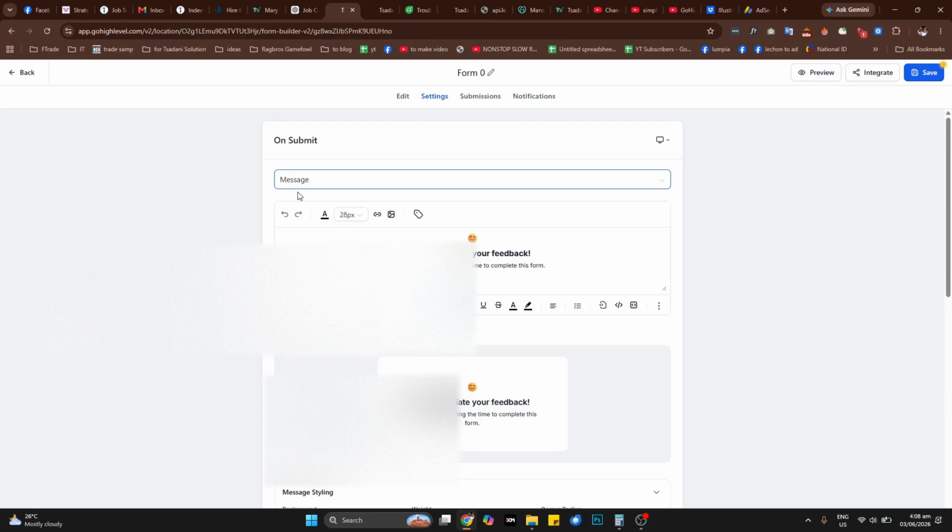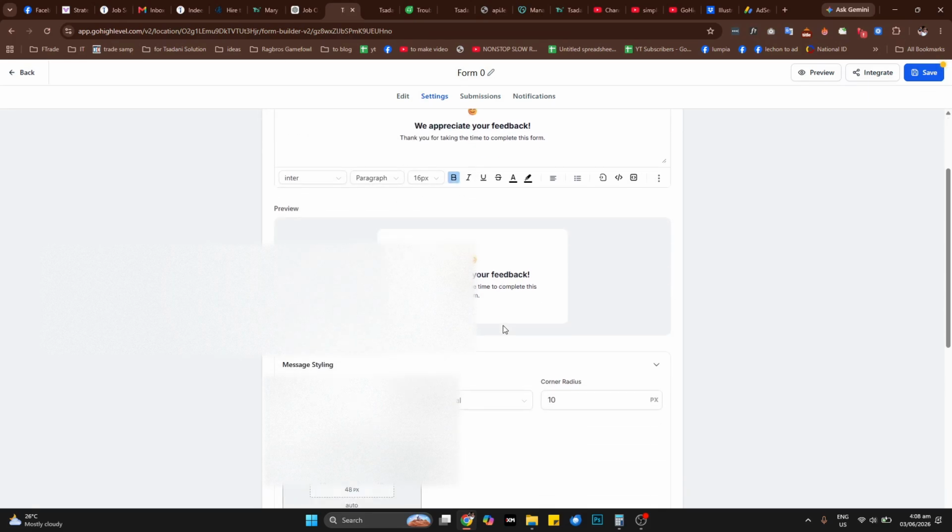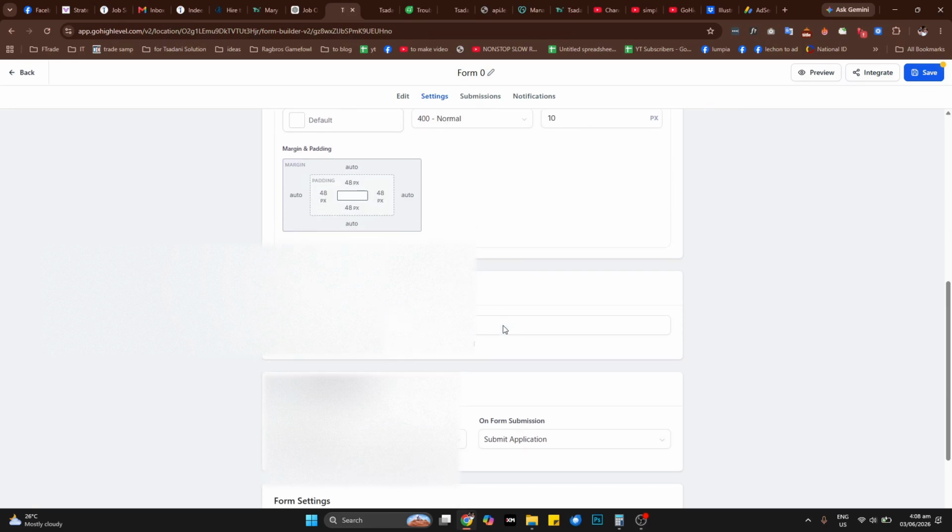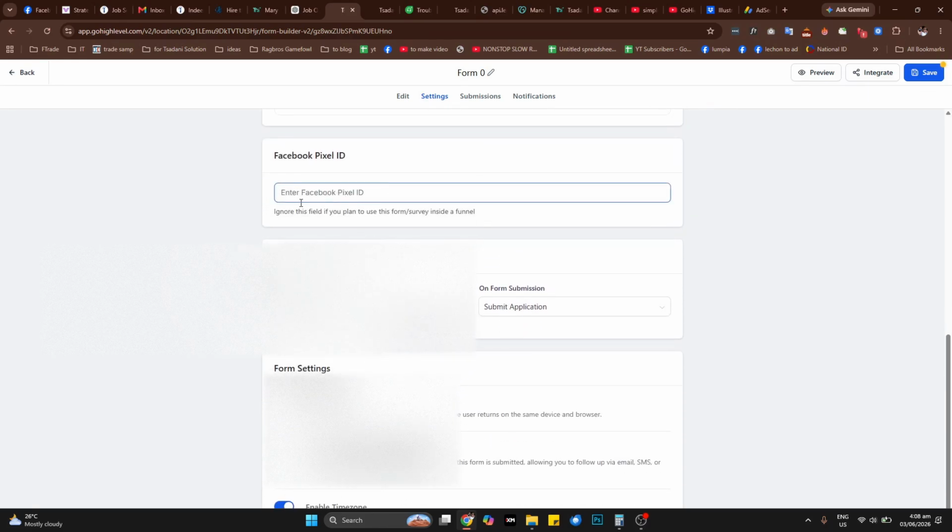For now, we will select a simple message after they submit a form. So you can add something like this. Ignore this if you have planned to use a form inside your funnel. So let's ignore this for now.